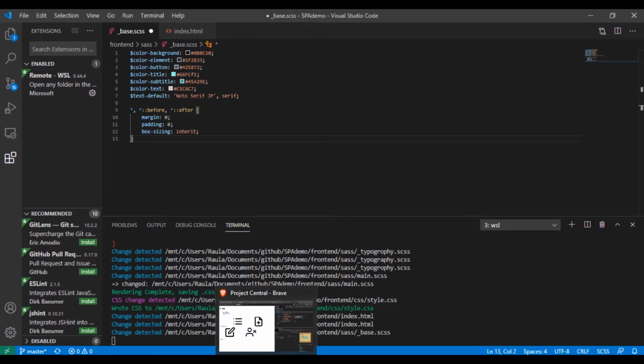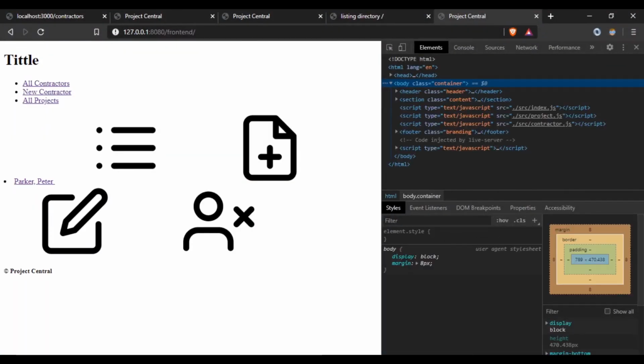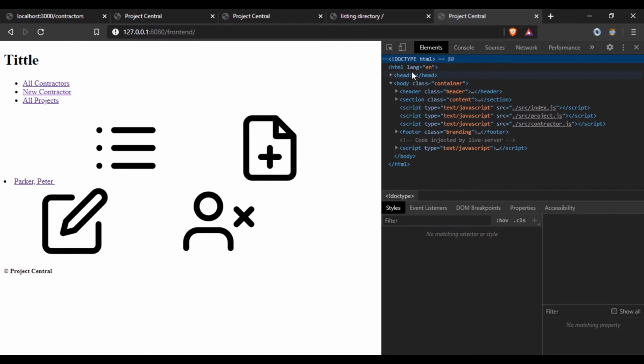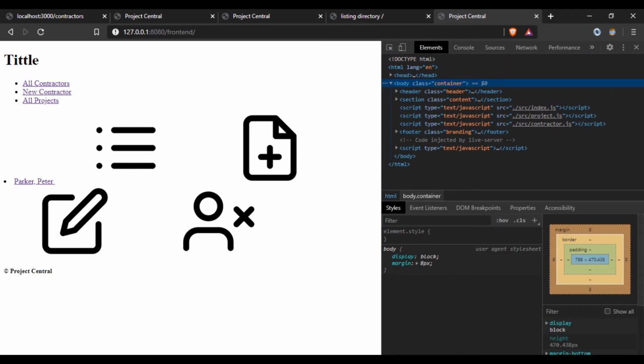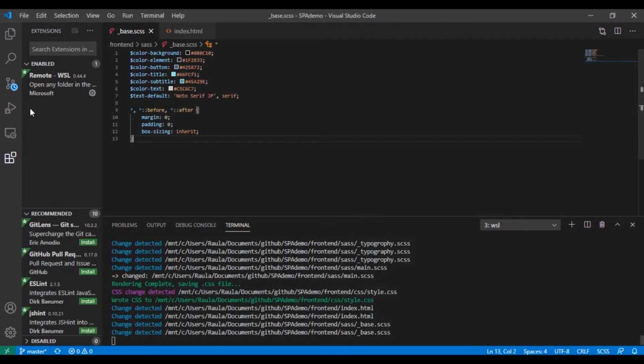Let's see if anything changed. So far, so good. So nothing changed. I just like to keep track of how things are flowing. All right, so nothing on the HTML so far. So we're gonna go ahead and say HTML,